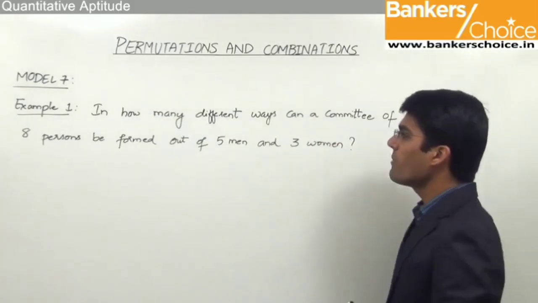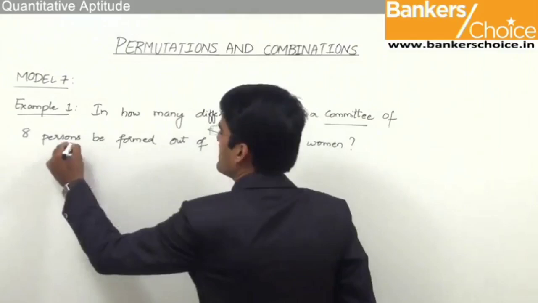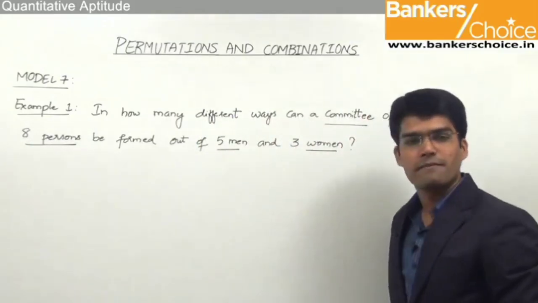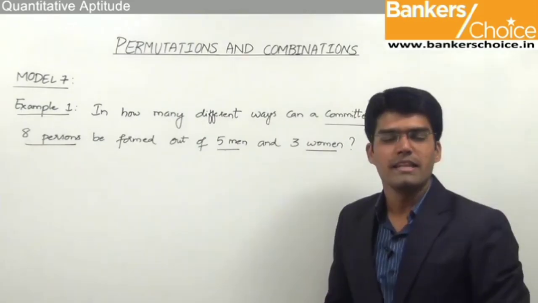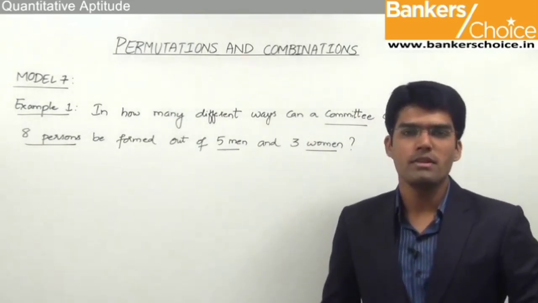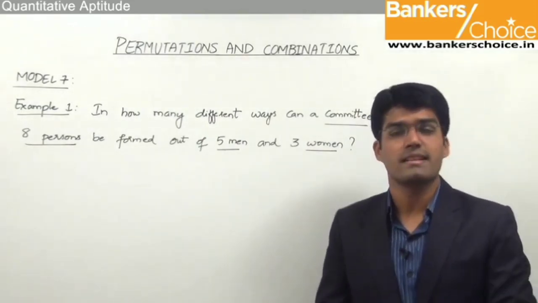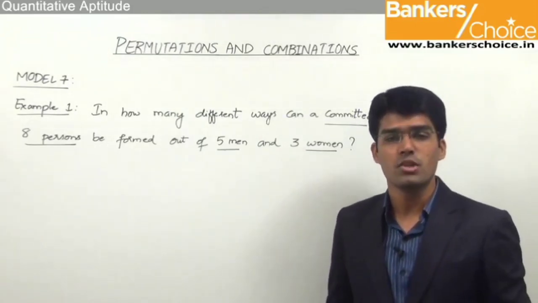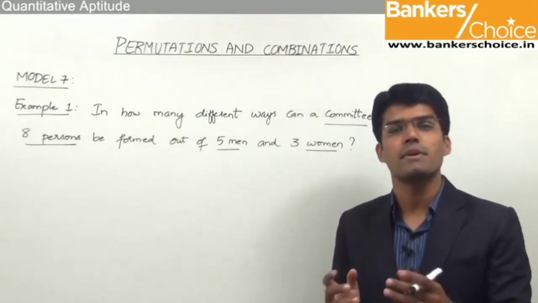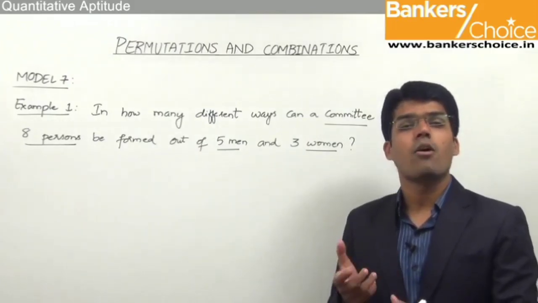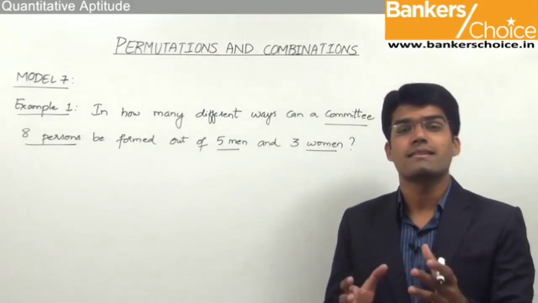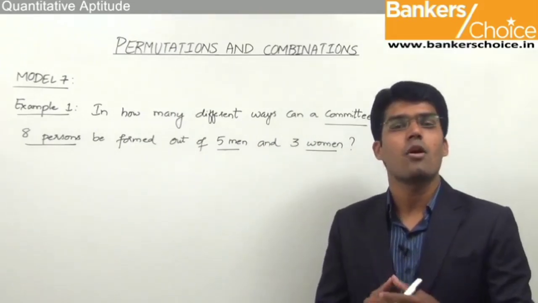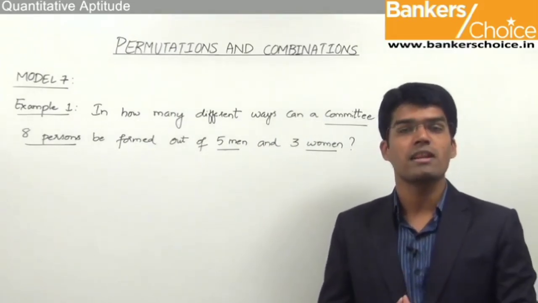So here we need to form a committee of 8 persons out of 5 men and 3 women. In general, forming a committee or a group of persons is considered to be combinations. Why? Because when we form a committee or a group of persons, only selection is required, arrangement is not required. Or I can say the order in which the persons are selected doesn't make a difference. Now, since the order is not important, we can say that this is combinations or selections,